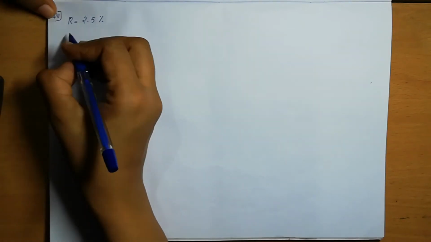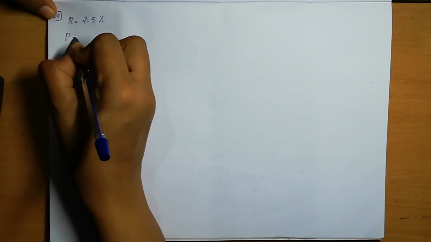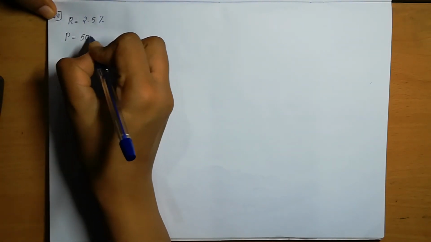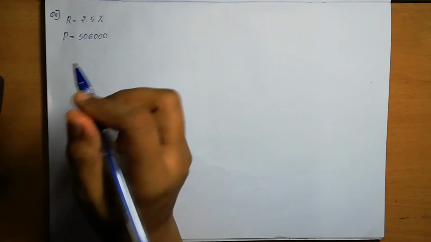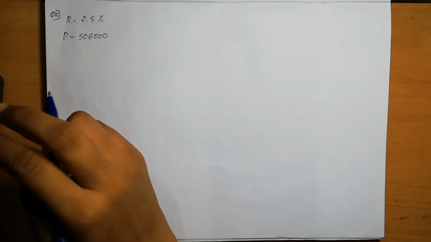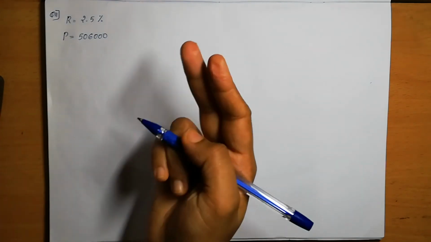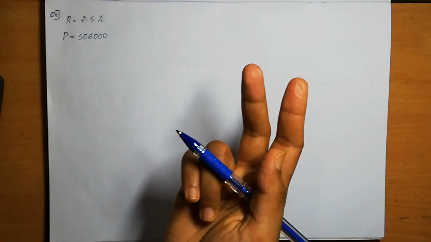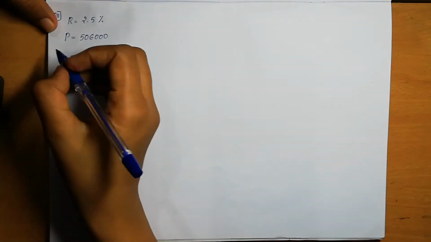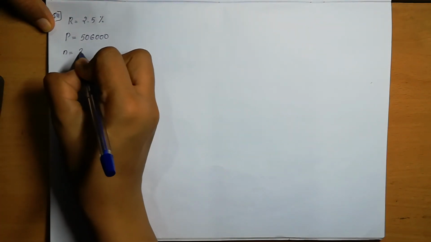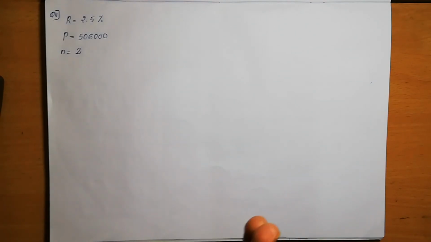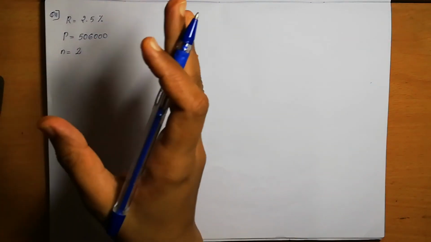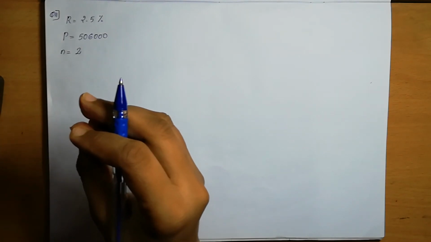5,06,000. Okay. So initially means what? That is the P value only, right? P value is 5,06,000. So this one, find the bacteria at the end of 2 hours. So the end of 2 hours we can take it as time. That means n value we can take it as 2 also. Per hour only it is calculating. 2 hours means the whole number. 1 hour only, right?